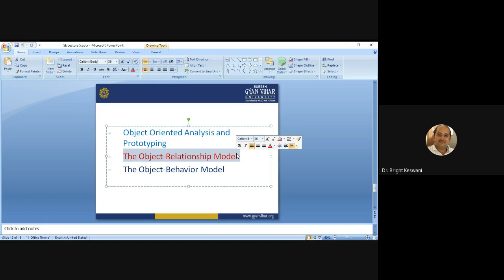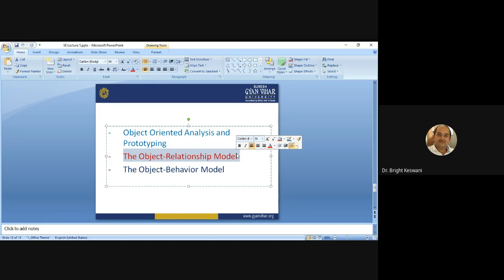Okay. Then the third step, once the named relationships have been established, each end is evaluated carefully. Okay. So there are three steps you can perform through the object relationship model. And this model, in a nutshell, provides the connections, or establishes the connection, between the classes. That is its first aim. And how it works, it works in three steps. It suggests a three-step methodology.